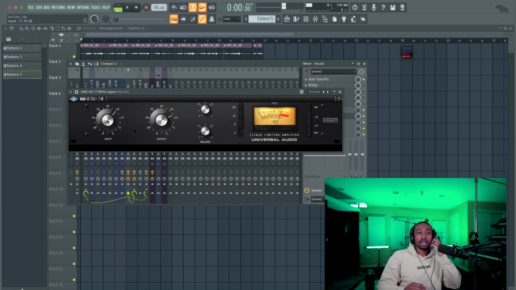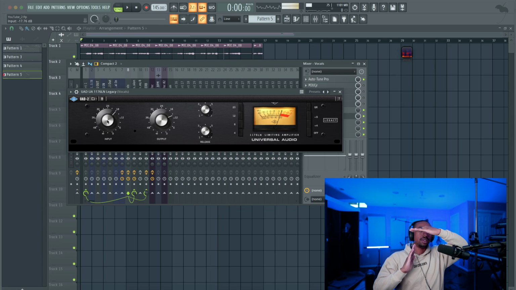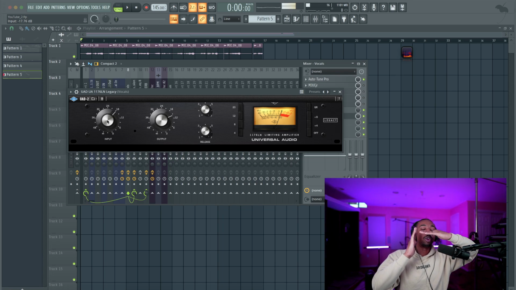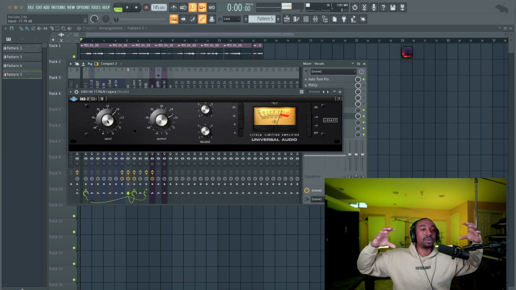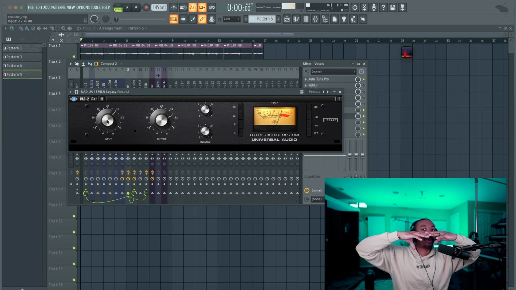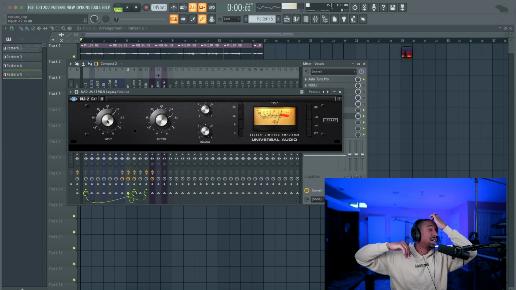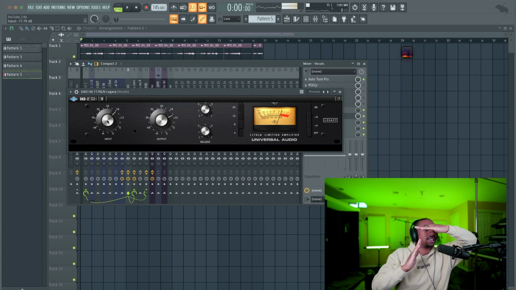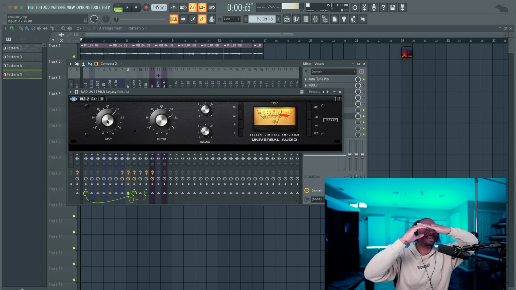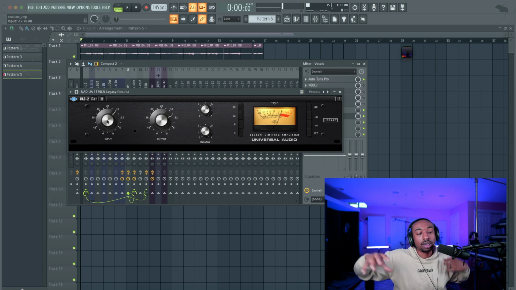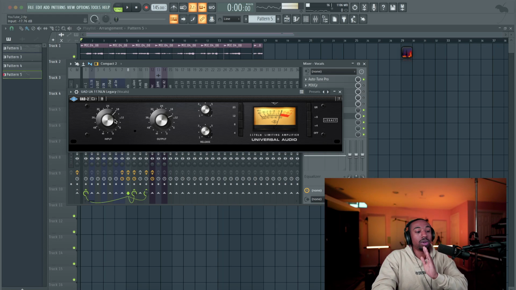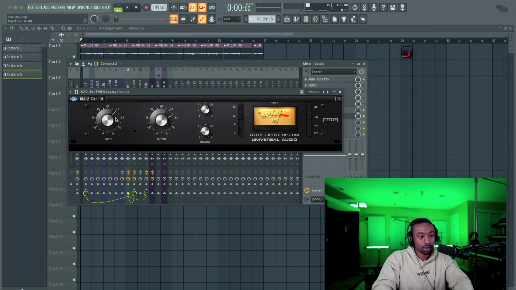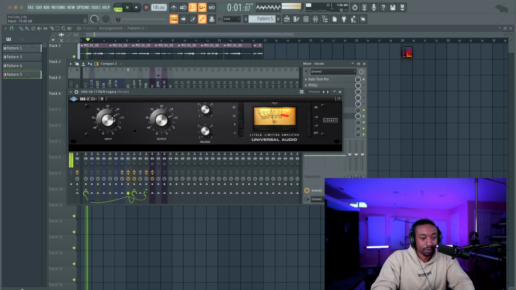So I'm trying to really come up with a better analogy. Basically, when the vocal is going up to that threshold, the more you push the input gain, the more filled the sound becomes because you're smashing it against that threshold. Now it's like putty. Imagine putting putty in a cup. Not the greatest analogy yet. I didn't think about this, but putting putty in a cup, the more you push it, the more filled those holes become in the putty. And that's what we're doing with the vocal. I'm going to push it into the compressor so it fills in those holes that make it feel thin. And it's usually harmonic content that makes it feel thin, or the way the frequencies are made.